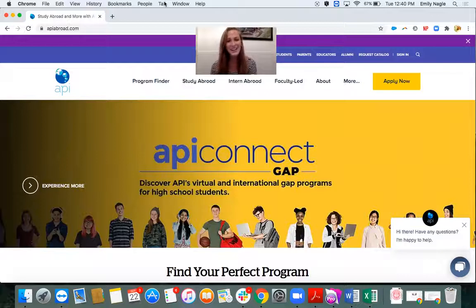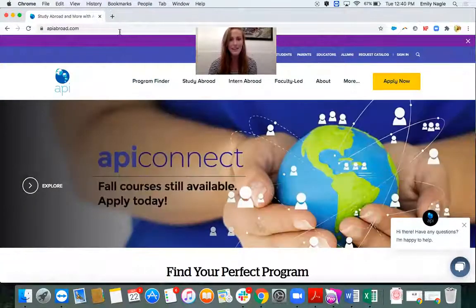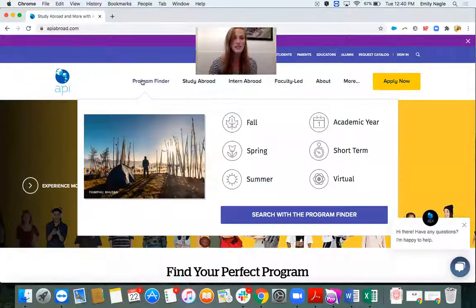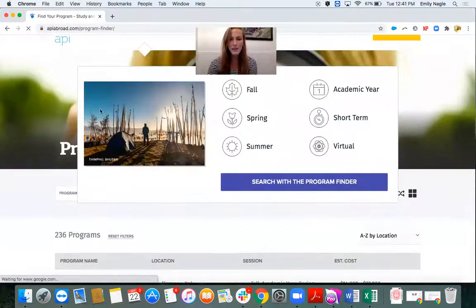Are you looking for an international experience but you don't know where to start? Well, on the API website, there's a tool that can make it a lot easier. If you go to apiabroad.com, on our homepage, you'll see Program Finder. If you click here, it will bring you to a really great resource that can help in sorting through all